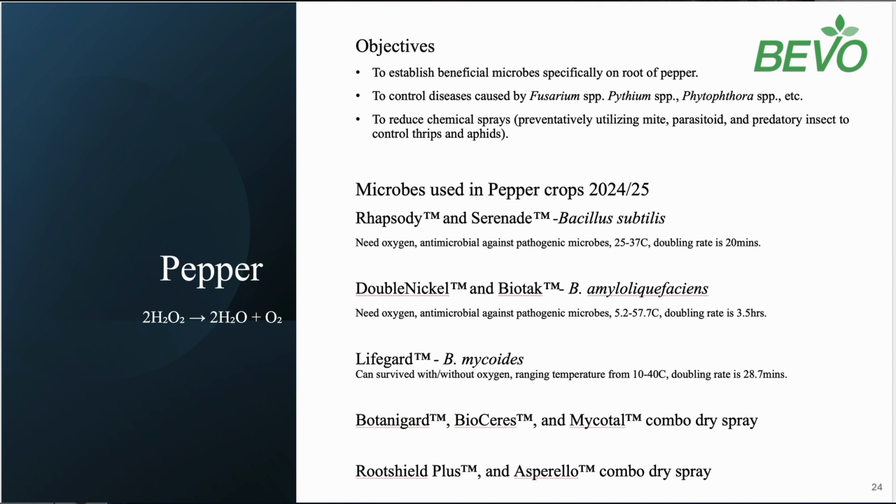So the microbes used in the pepper crop since last October to January 2025 are Rhapsody and Serenade. Those are the Bacillus subtilis products. One keynote in here is they need oxygen. If the water has no oxygen, they won't be able to survive. It has antimicrobial property against pathogenic microbes. The range is pretty high, 15 to 37 degrees. They can last pretty high. It's the optimum. They can actually go down to much lower, but this is the optimum temperature for them